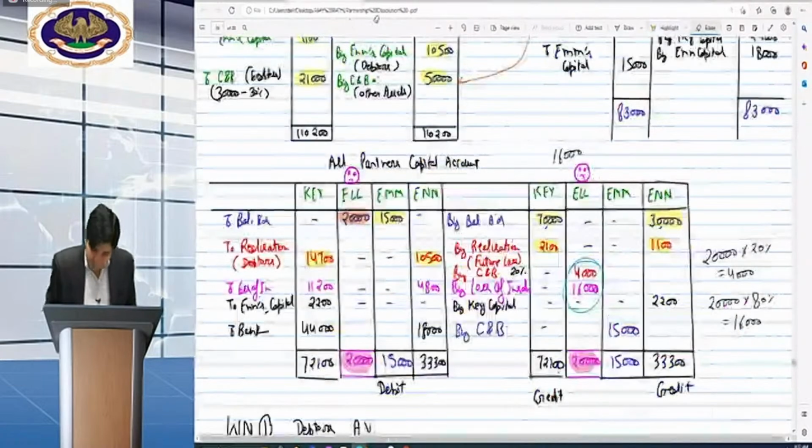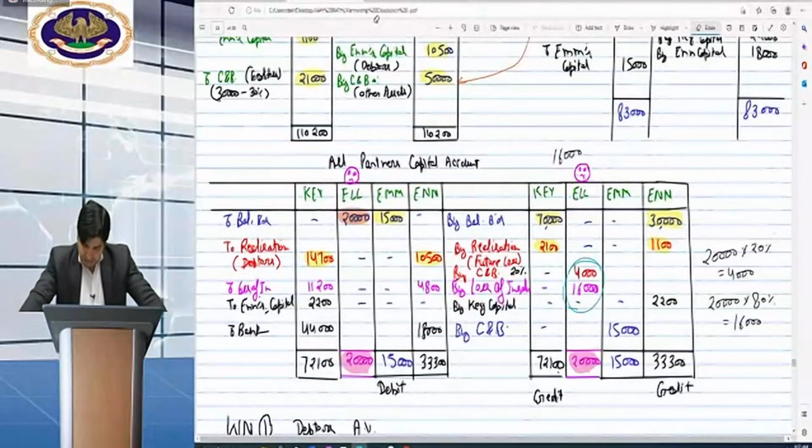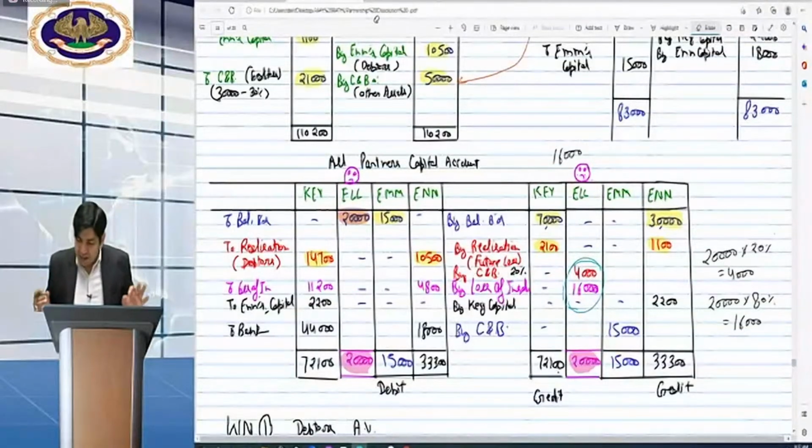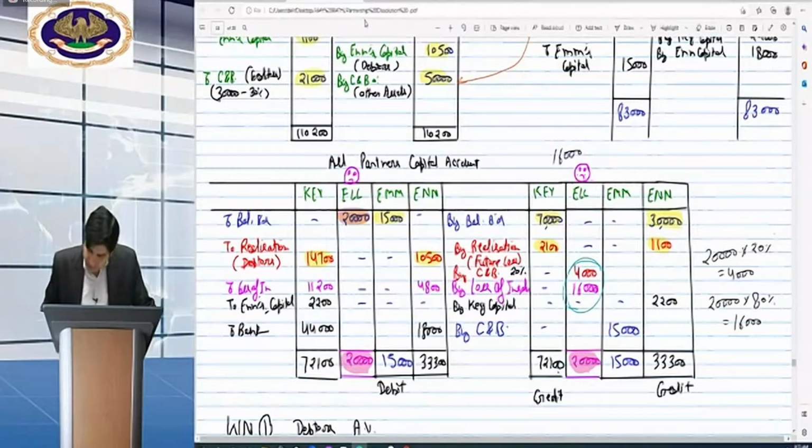Can you please tell me what is the amount of the balance? Sir, only the yellow amount is there which we have posted. Rest of all, you have already done in the solution. Yes. So now you have to check the amounts in the yellow highlighted portion in the PDF of the solution. Out of that, ignore the things coming from realization or due to realization. We have to check M and N. So beta, we have prepared this in the working note. Come on, there is a working note.